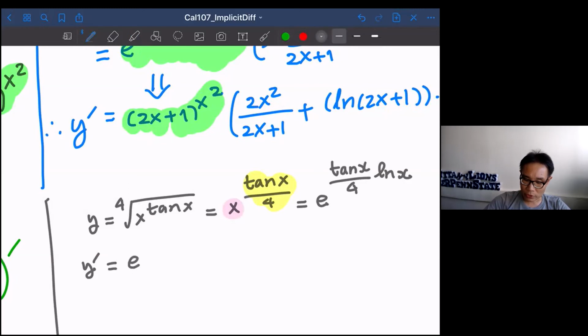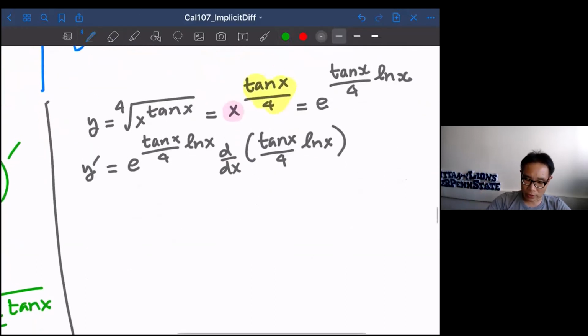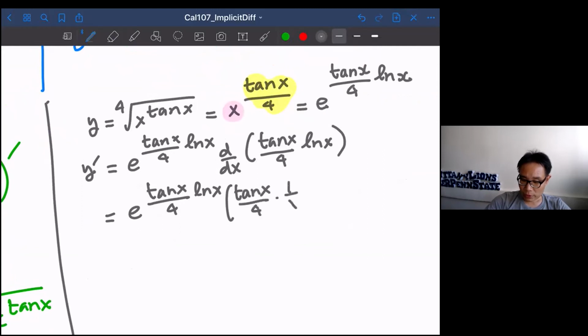So it's going to be the derivative of e to the u, so it's going to be e to the u, and you're going to have to differentiate 10x over 4 log x. Okay. And here you're going to have e to the 10x over 4 log x. And you differentiate 10x over 4 times log x, which is going to be the derivative of the first times the second plus the derivative of the second times the first. The derivative of 10 is 10, square root of x over 4. Okay,